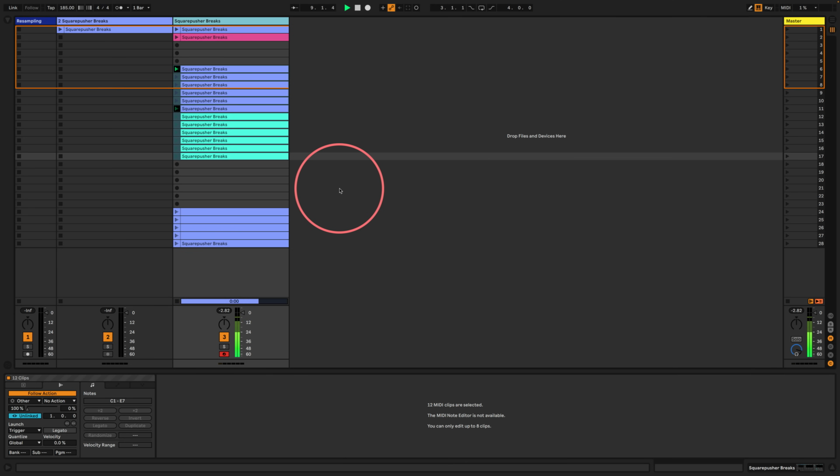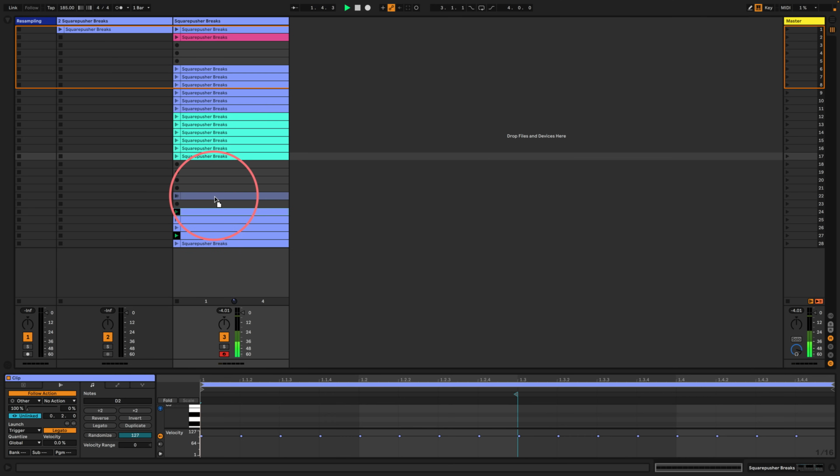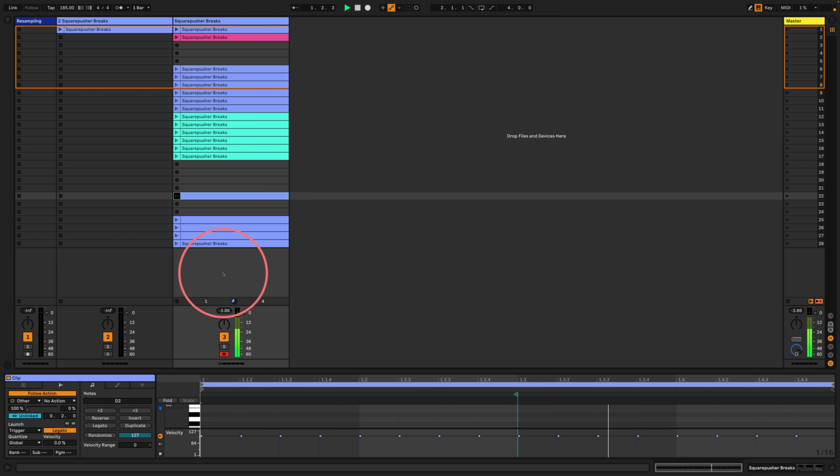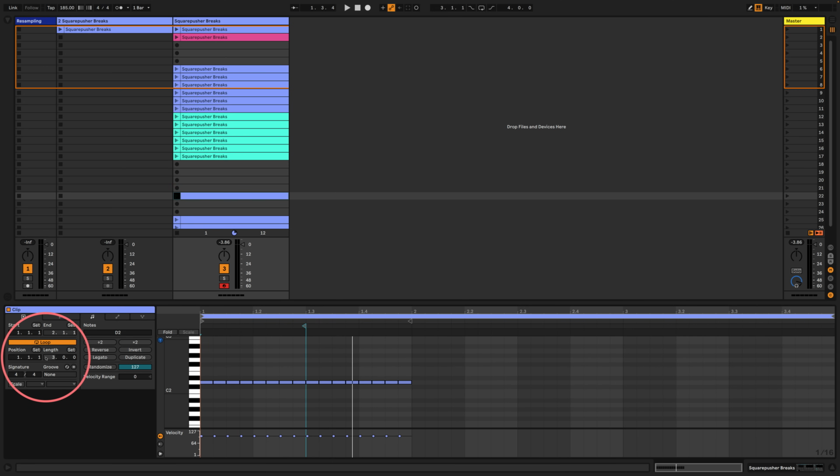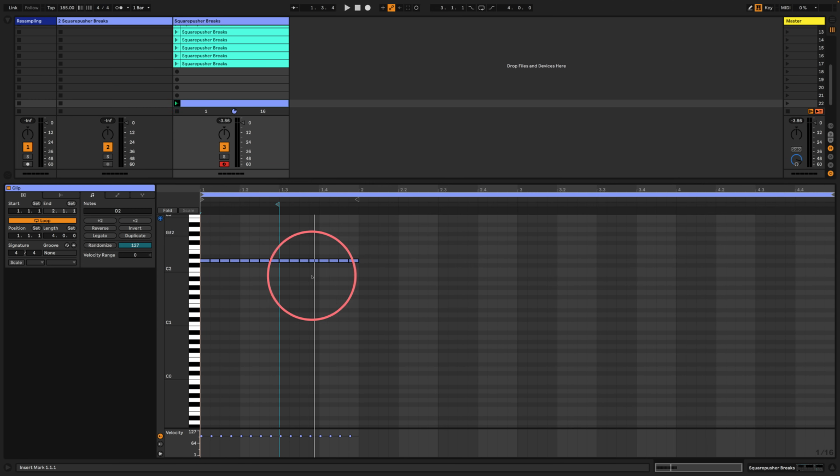Okay, this one, that's going to get boring quickly. So I'm actually just going to make it longer. Where would I do that? Okay, let's make the length here maybe something like 4 bars, and I'll move it to